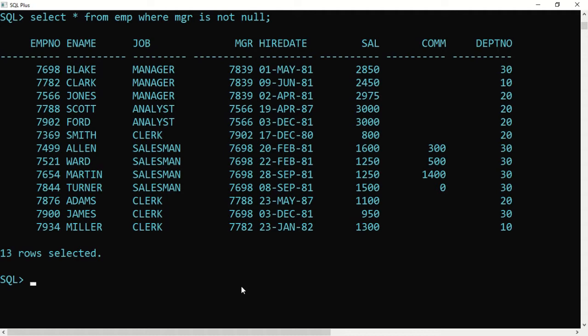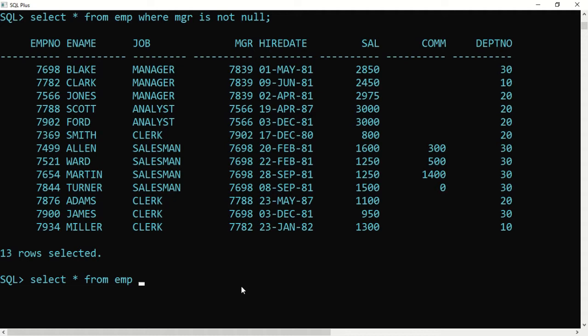Now let's go for the next example. Our next example says that I want to list out the persons in department 10, 20 and 30.